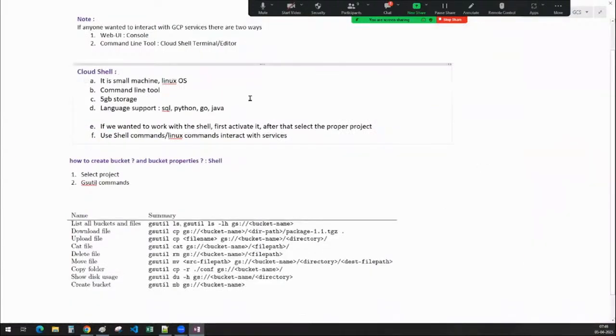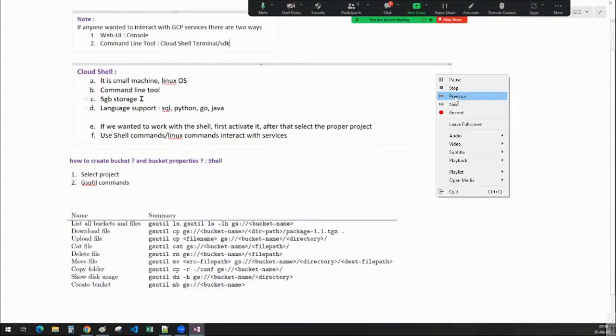Okay, so what is a Cloud Shell? As I told you guys, if anyone wants to interact with the GCP services, there are two ways. The very first thing is the web user interface. Then the very next thing is a command line tool, either Cloud Shell terminal or SDK. So these are the two ways that we can work with. And one more thing,